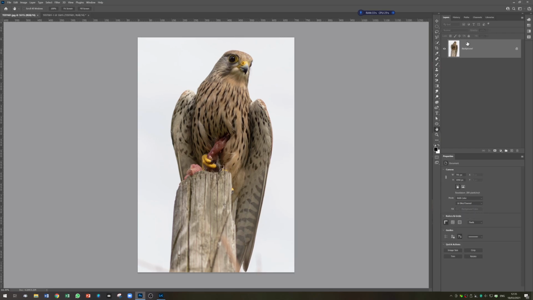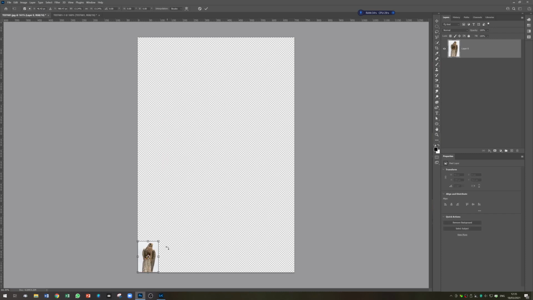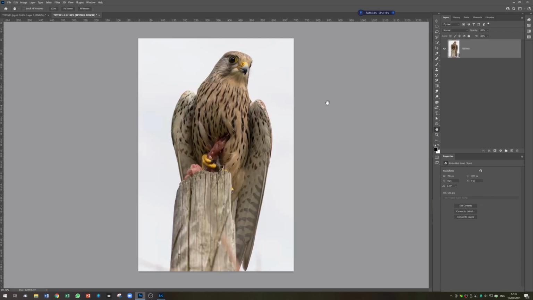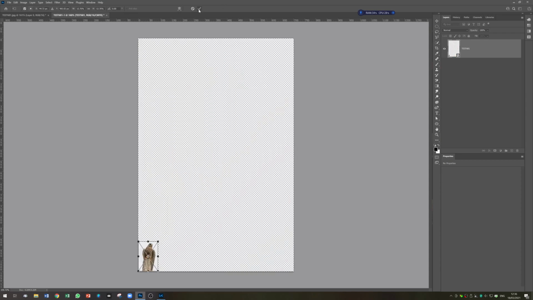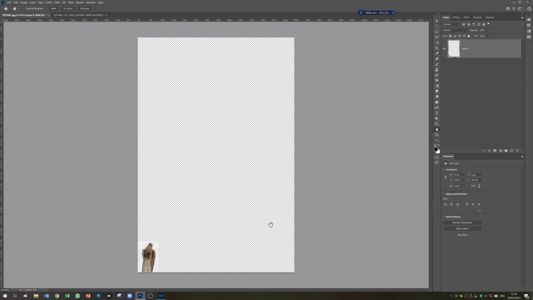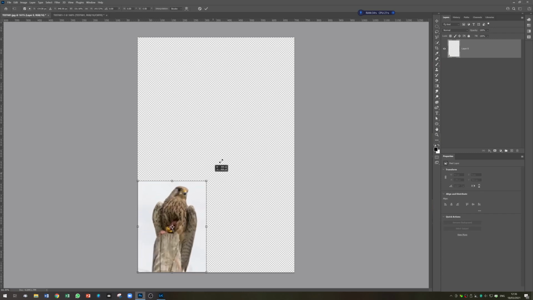If I come back to the original regular pixel layer image, I'm just going to unlock this and make it into a regular layer, and I'm going to hit Ctrl and T to get the bounding boxes up. I'm going to hold my shift key and drag this image down and make it really small, and hit the enter key. I'm going to come back over to the smart object one, hit Ctrl and T again, drag that down and resize it and hit the enter key. So if I come back over to the regular image and I hit Ctrl and T again and I resize this back up,